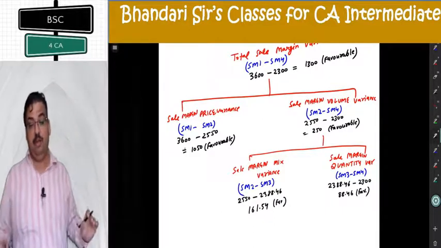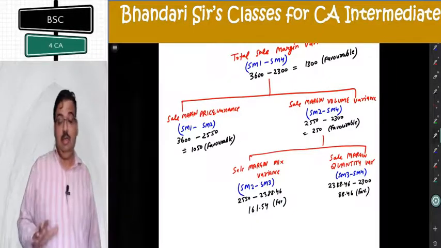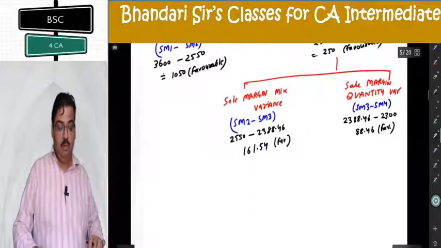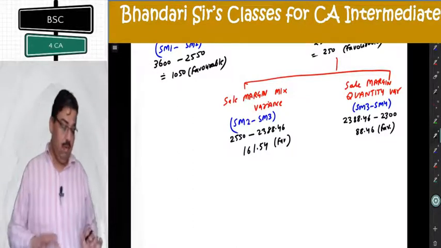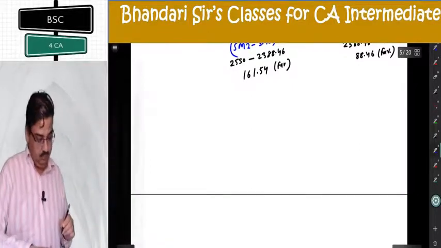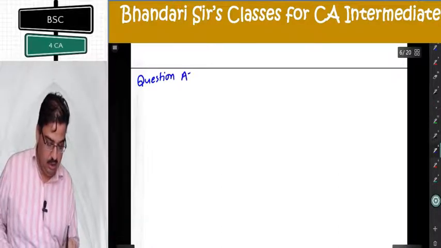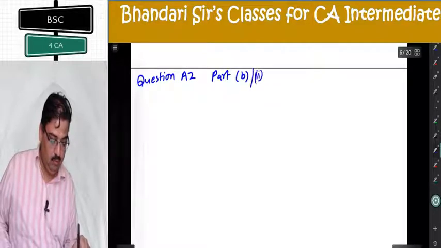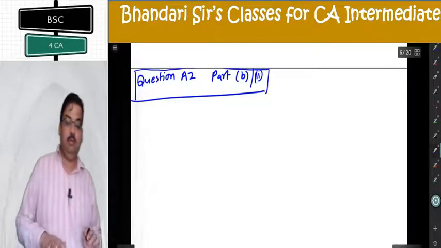It is based on profit, the variances have been computed. Last question for this category, sale category, is A2. A2 based on margin variances. A3, A4 cannot be done for margin because cost information is not there. Even otherwise they have not asked for margin variances. So last question. Question A2 part B or part 2, whatever you call it. In this he is asking cost variance also, that you can do later on after doing cost variances.